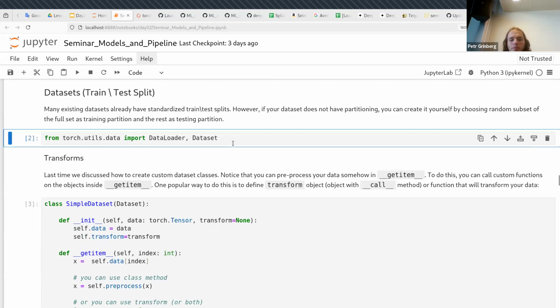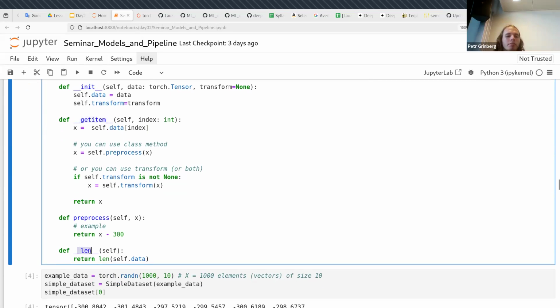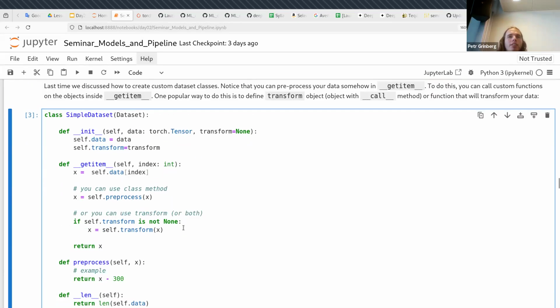Doesn't matter right now. So we discussed the datasets. To create a dataset, all you need to do is create a subclass of the torch Dataset class. You need to also define init. You need to define getitem and length. But what I didn't say is what if you want to do augmentations or just some preprocessing, some transformation inside our dataset? So